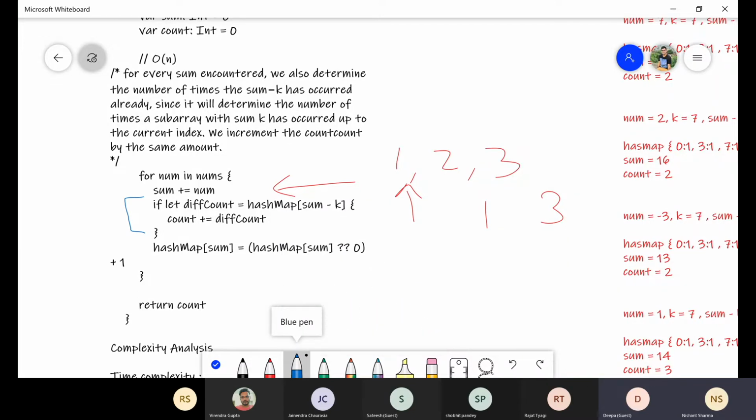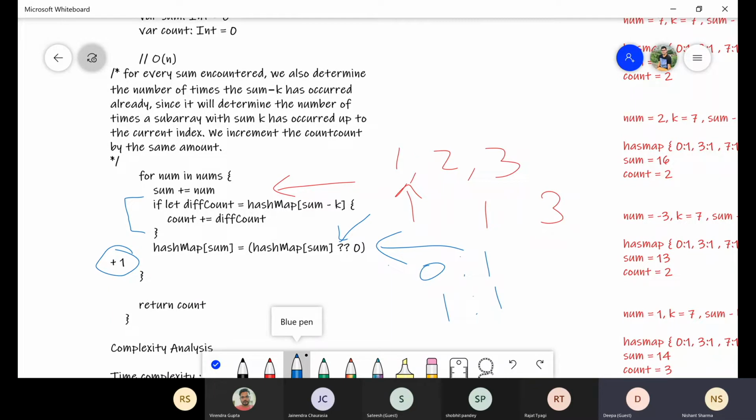But now in this condition, what we are trying to do is we are trying to check whether the hash map of sum, which is hash map of 1, sum is equal to 1. So hash map of 1, whether it exists or not. So it does not exist. So initially the value is 0, because that is the default value in case it does not exist in a hash map. Then it tries to add a 1 in that value and make an entry for it. So now the hash map earlier has only this one, key 0 with value 1. Now it will have another element which is basically 1 key with 1 count.